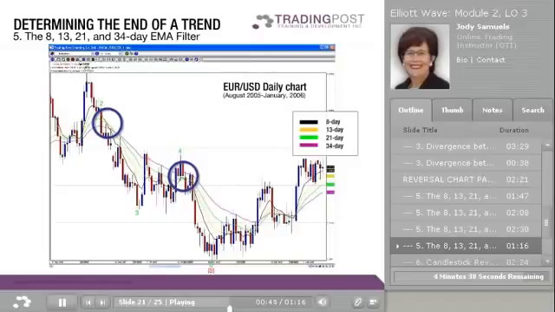We stay short until the end of wave 5, and we exit all 3 lots at 3 different levels as the 8-day EMA crosses over the 13, 21, and 34-day EMAs. Again, when this is used in combination with the other tools, we are able to pinpoint the end of a trend so that we can call the start of the new trend. The last tool we are going to take a look at is